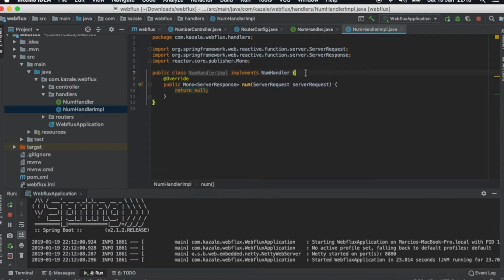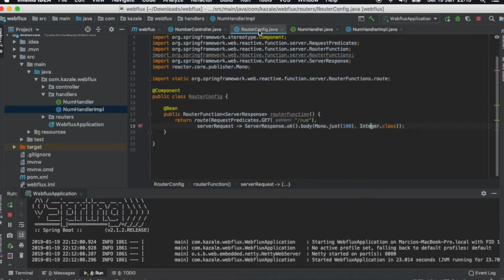Cool, we have the method here, so we can just implement. And what would be its implementation? Just to return exactly this information here. So we just copy it